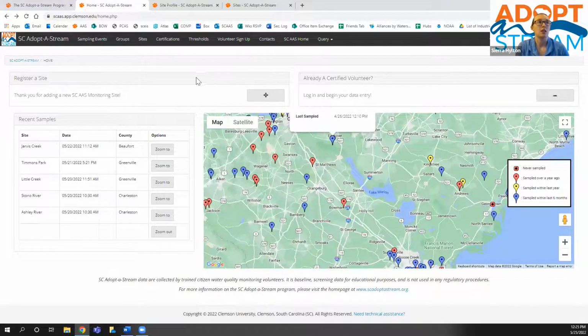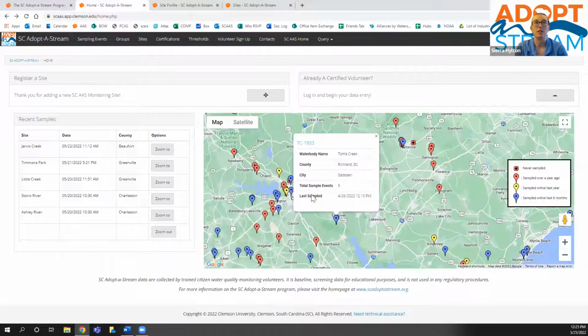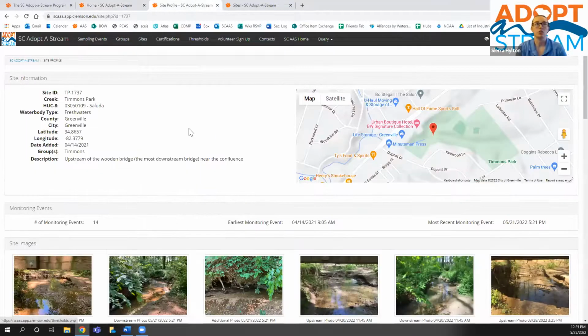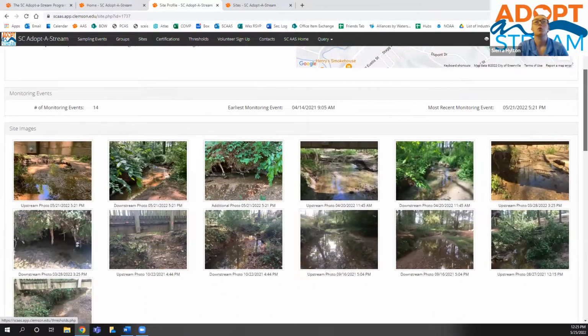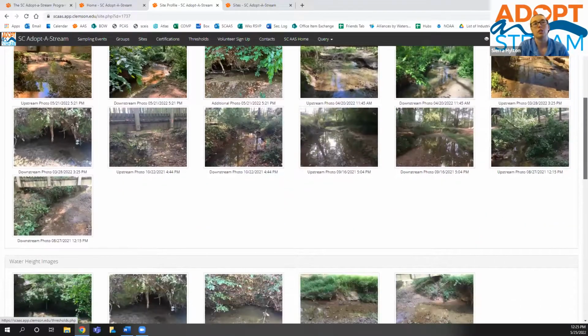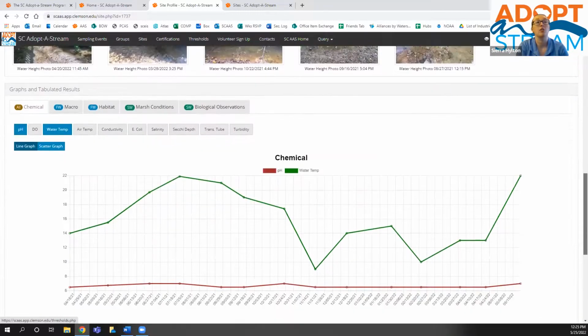Now to take a deeper dive into an individual site profile, I already loaded it because sometimes the pictures can be a little bit slow, but you would just click into a site and it would take you to this screen. This gives you more details like latitude, longitude, a description of the site, an actual map of where the site is, beautiful photos so we can see changes over time, and then you get to the good stuff,